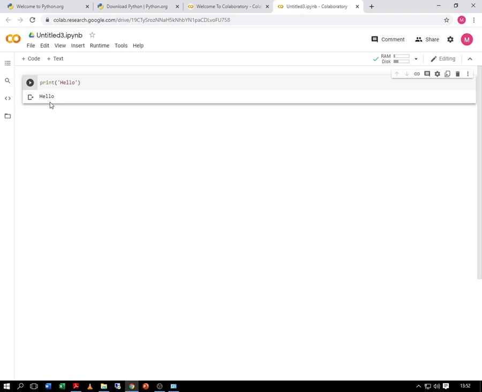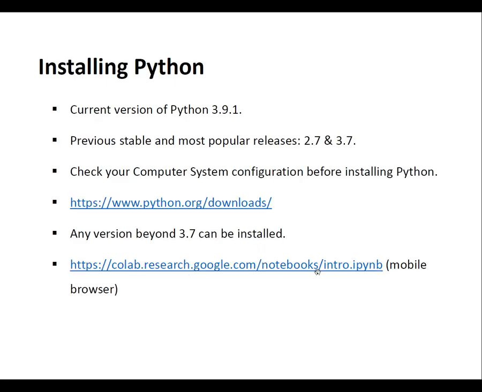So this is another alternate way in which you can execute your program from the mobile browser. What you need to do is just go to this particular link through the browser of your mobile, and you will be able to start with your practicals. So with that we end this particular session of installing Python. In fact, we have downloaded and installed Python. There will be a next small session, a video, where we will check how we run Python through the mobile. Thank you.